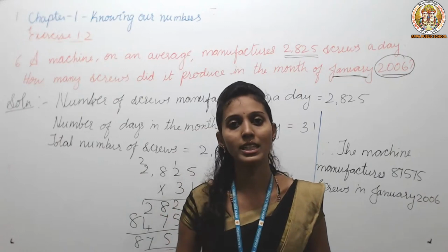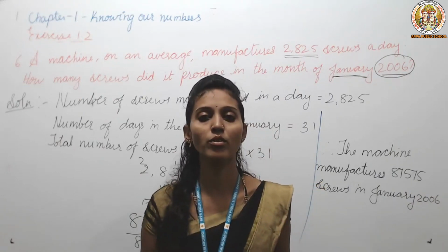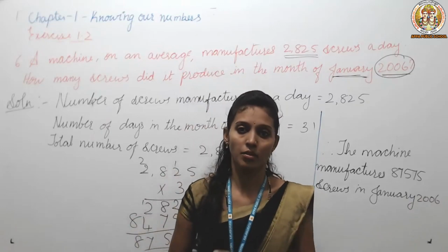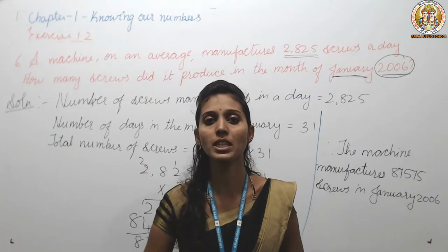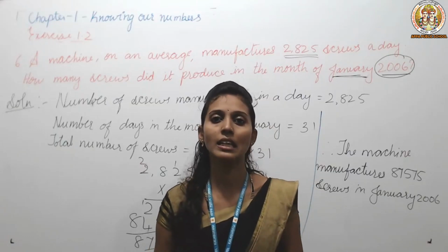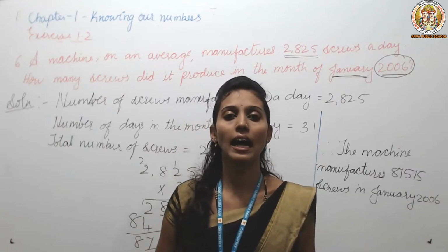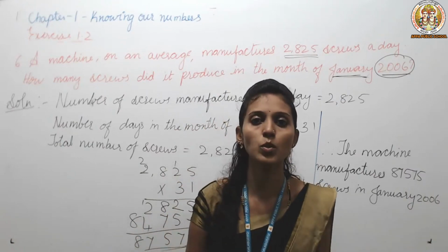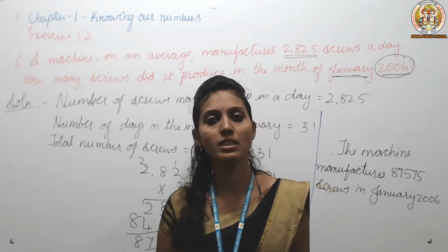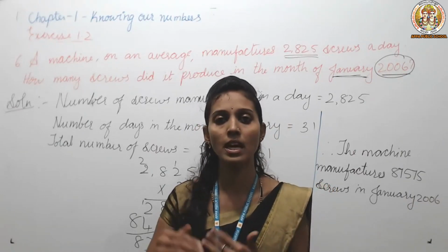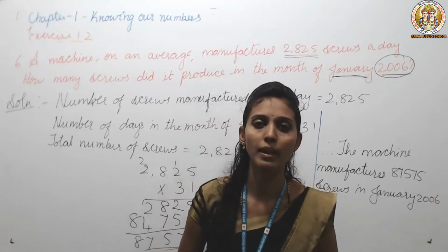Afterwards, there is one more exercise, that is exercise 1.3. In that exercise, estimation, you have already studied. I have explained it in the first part. You have to use it in exercise 1.3. The general rule for addition, subtraction, and multiplication has to be found, and rough estimation and closer estimation is there. Okay, we'll go for it in the next clippings. In the next clipping, remaining 6 problems. Afterwards, exercise 1.3. Then the first chapter will be completed.